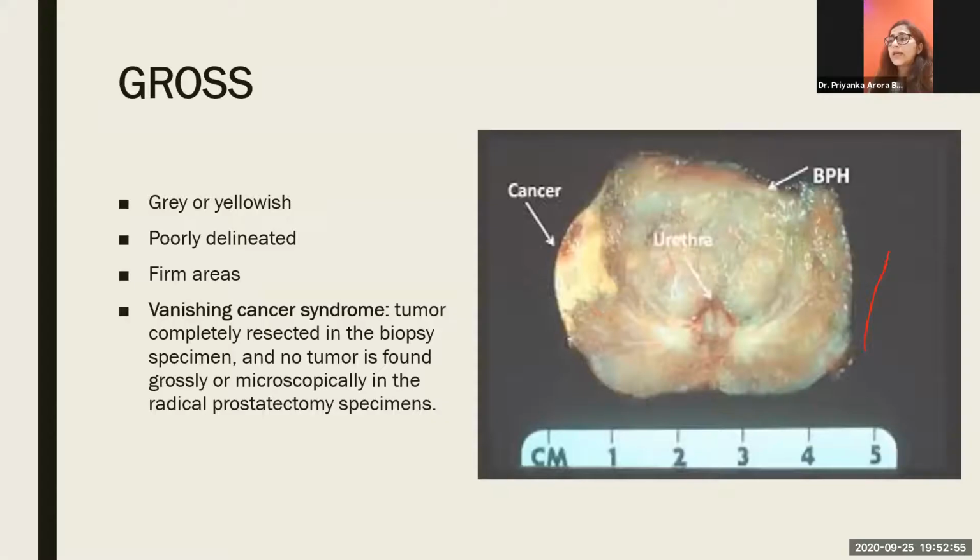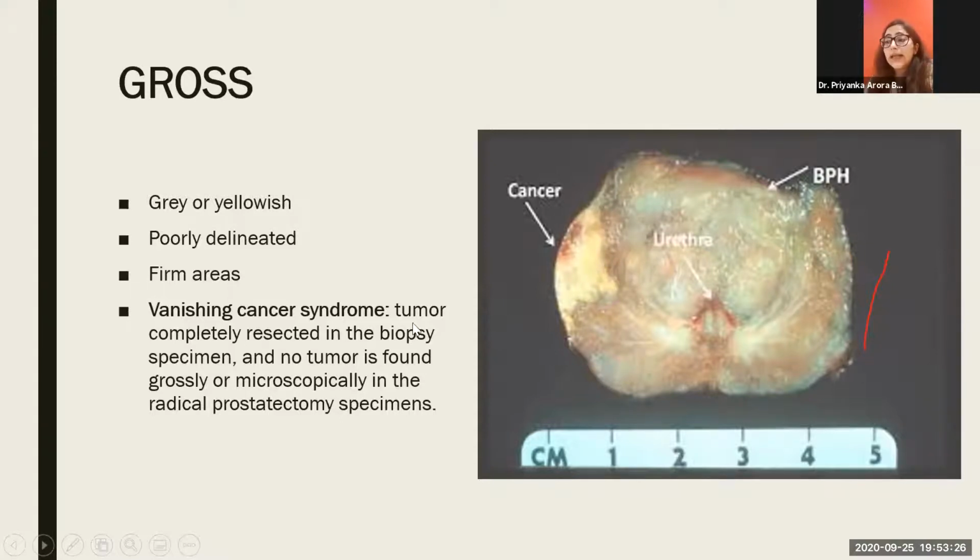So let's look at the gross of the most common form of adenocarcinoma. Look at this here. It's in the periphery, right? It's in the peripheral zone. It is yellowish or gray in color, poorly delineated, so it does not have well circumscribed edges. These are usually firm areas, and that's why when you do a DRE, you can feel these areas very nicely